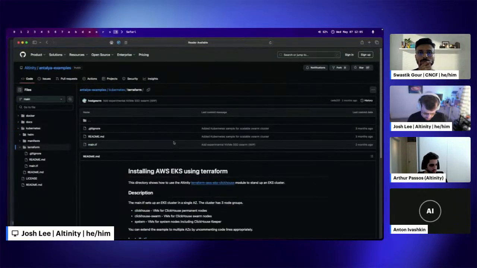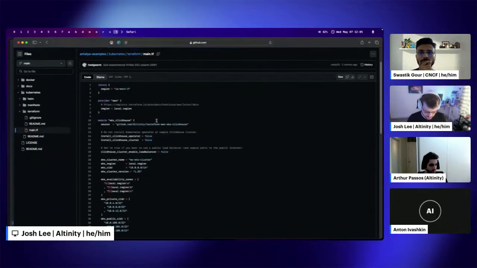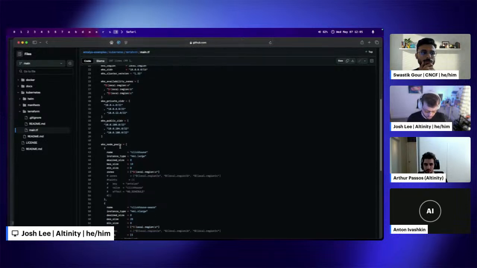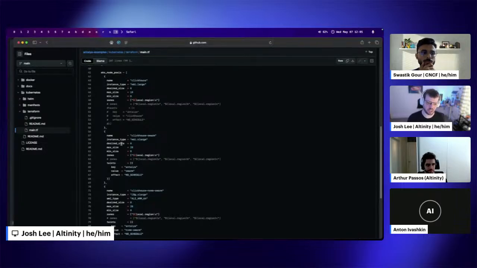So we can go into the Terraform. This is all publicly available, right? And you can use our Terraform module, which then allows you to really easily define a production-ready ClickHouse cluster together with auto-scaling, with the node pools and with an autoscaler. The way that we typically recommend running ClickHouse in production, you want to have an exclusive